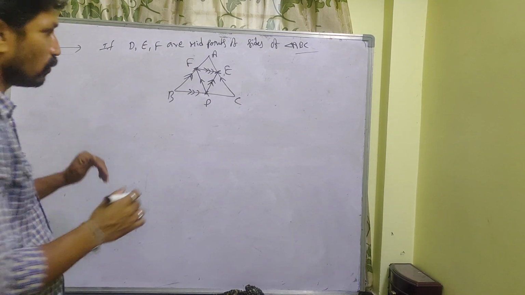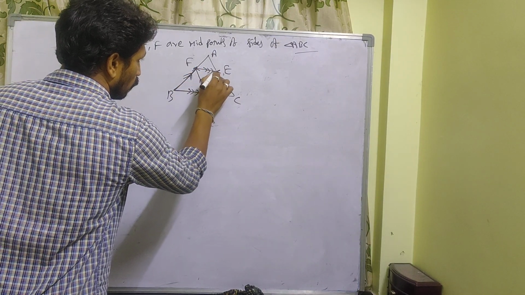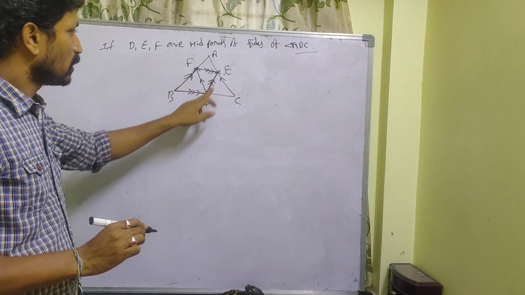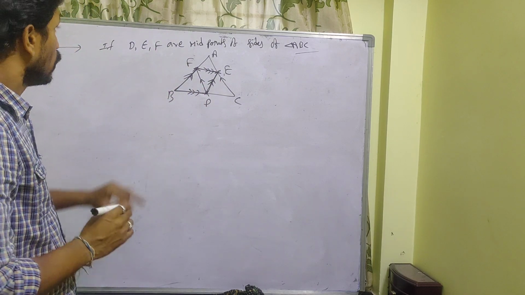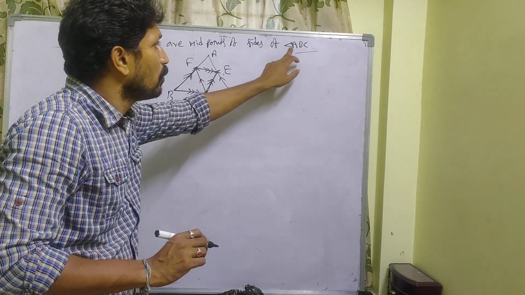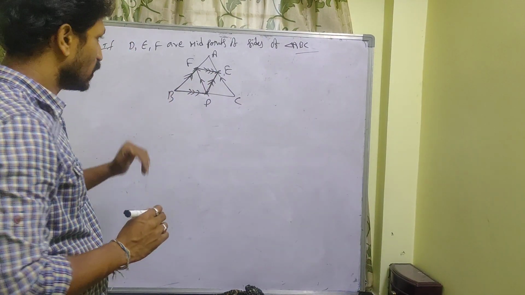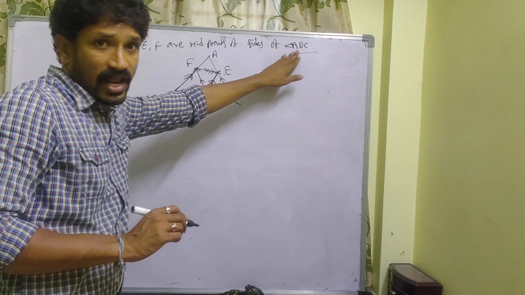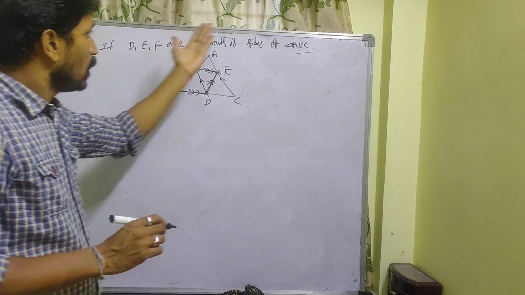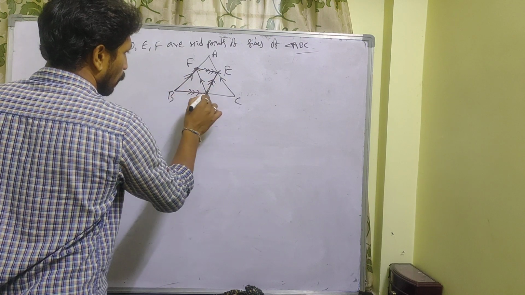So now what can you conclude? If you understand, this is nothing but a parallelogram. Yes, it is nothing but a parallelogram. If you know the midpoints of the sides of triangle ABC and you want to find out the vertices of ABC, this is very comfortable. If you know the vertices of triangle ABC, we can easily find DEF, that is the midpoint theorem. In other words, if you know DEF, how do you find the vertices based on this? It is nothing but a parallelogram.